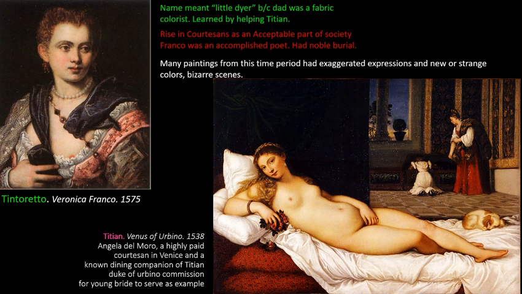maybe her husband died or gambled their money away or something like that, and she was left destitute at no fault of her own, and had to earn a living, and so would basically have a boyfriend or two and throw very lavish parties for those important people that she was with. So they ended up also being used as muses for the artists. Somebody like Titian would hire Angela del Moro, who is this courtesan here shown as Venus, to pose for them for their paintings.